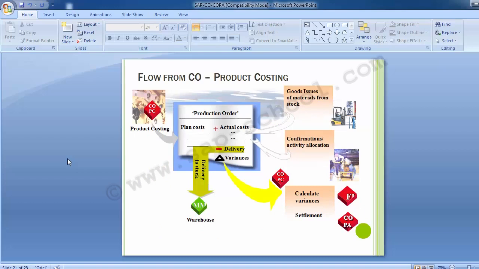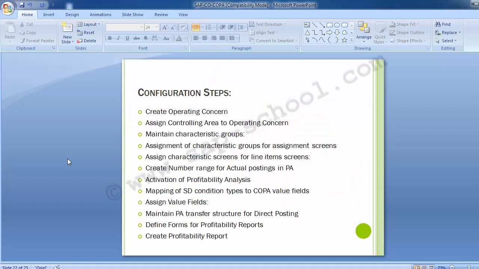in the system. And now moving on to the next, the configuration steps. So on screen, you will find the various basic configuration steps for profitability analysis. These are the steps which have to be executed so as to implement profitability analysis in the SAP system. And the steps on the screen include create operating concern,